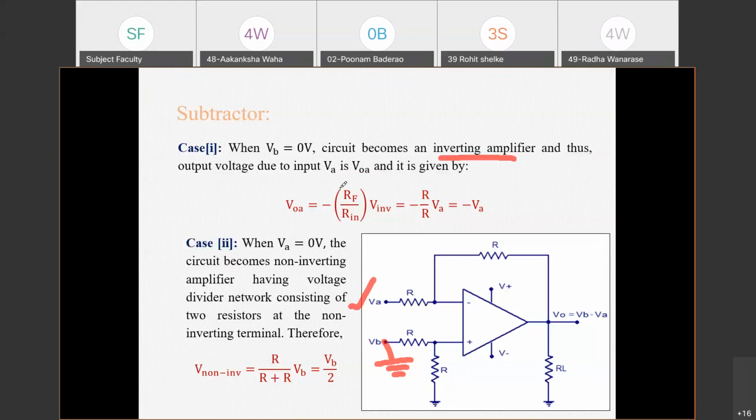And what is the gain? Gain is nothing but minus Rf upon Rin multiplied by the Vin. What was the general formula for voltage gain? Vout upon Vin equals minus Rf upon Rin for an inverting amplifier. So in this case, Vout becomes,